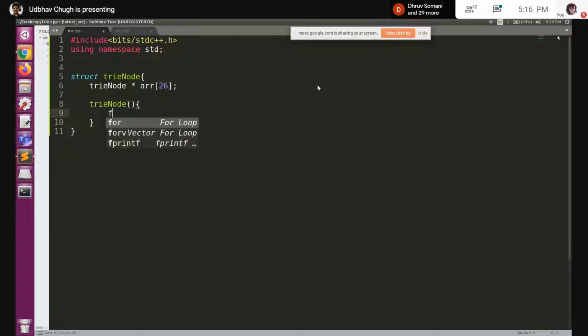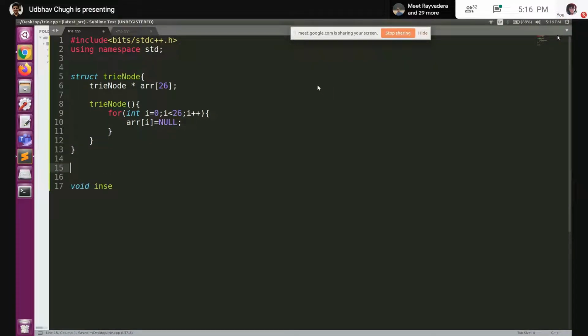While initializing, I'll initialize everything to null initially. Now how insert will work is, I'll keep a trie node root initially. So in my main, I'll just initialize root to a new trie node, right?